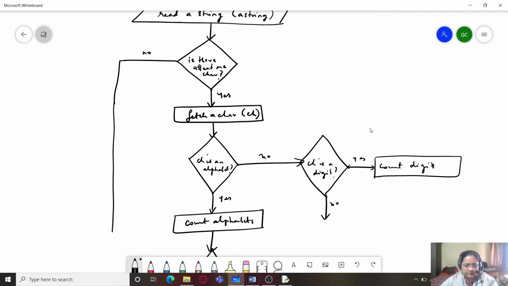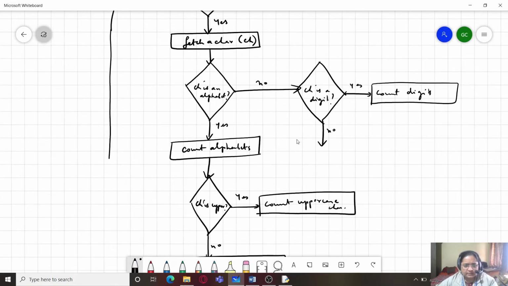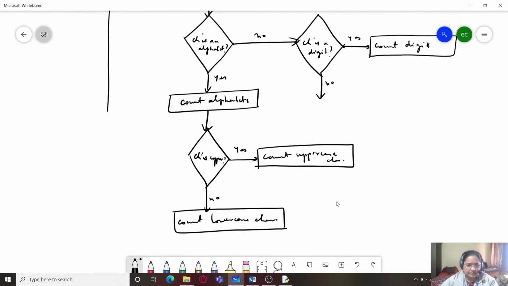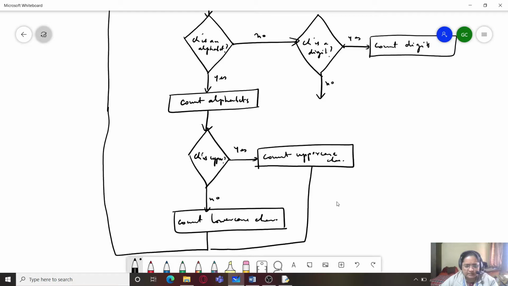One second. I will not be taking the exit point from here, rather I will be moving back to the previous one. So if this work is done for one character, again it is going to go to the next character and join this also over here.